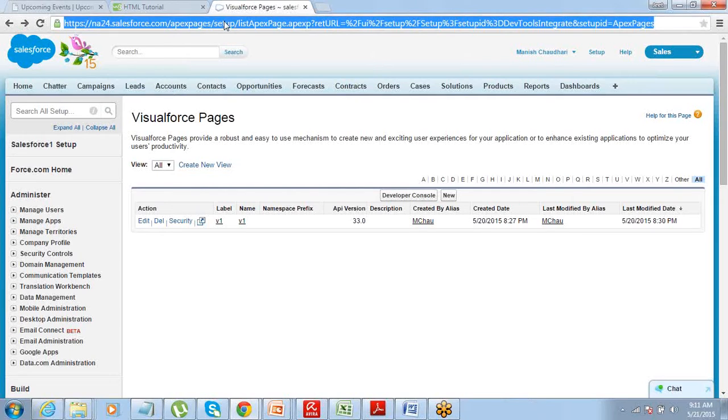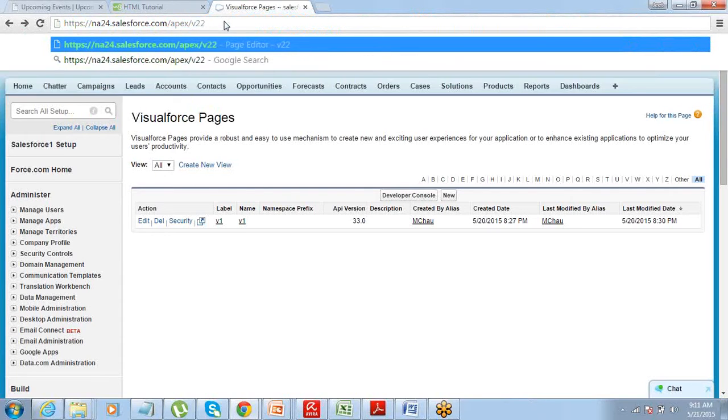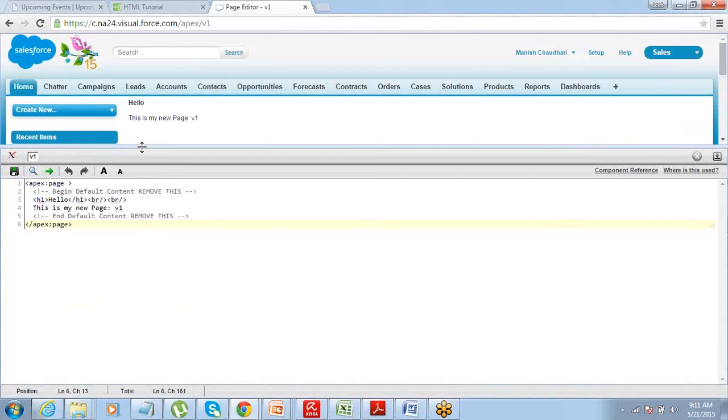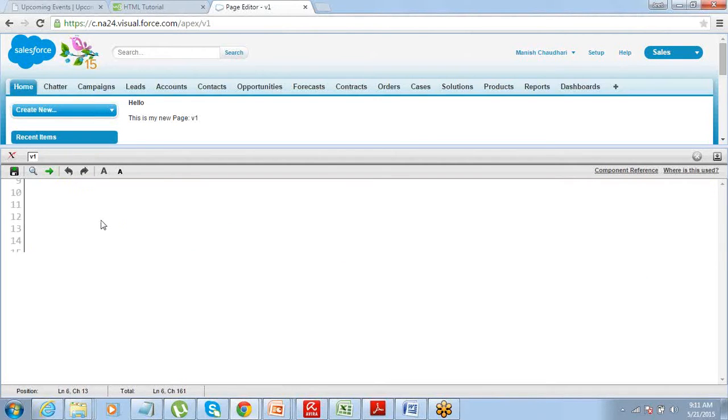To understand this component thing better, let me go to that Visualforce page that I just created. See, this is a Visualforce component, apex:page. So this is a page component. Currently on this page there is only one component, which is the page component.